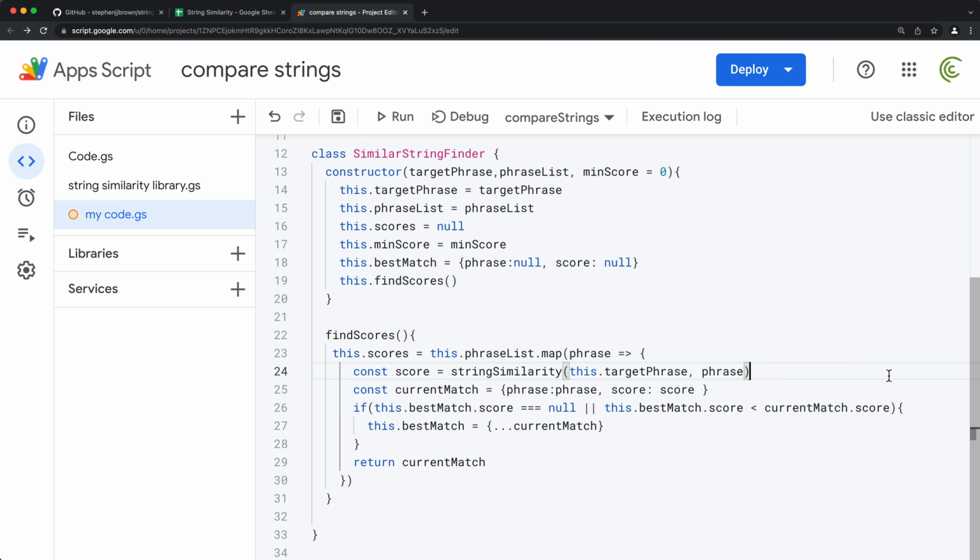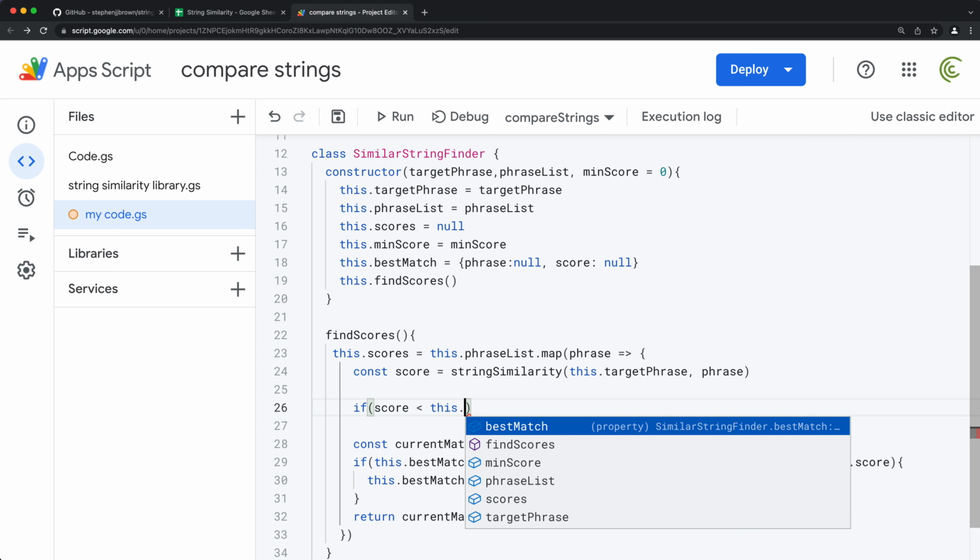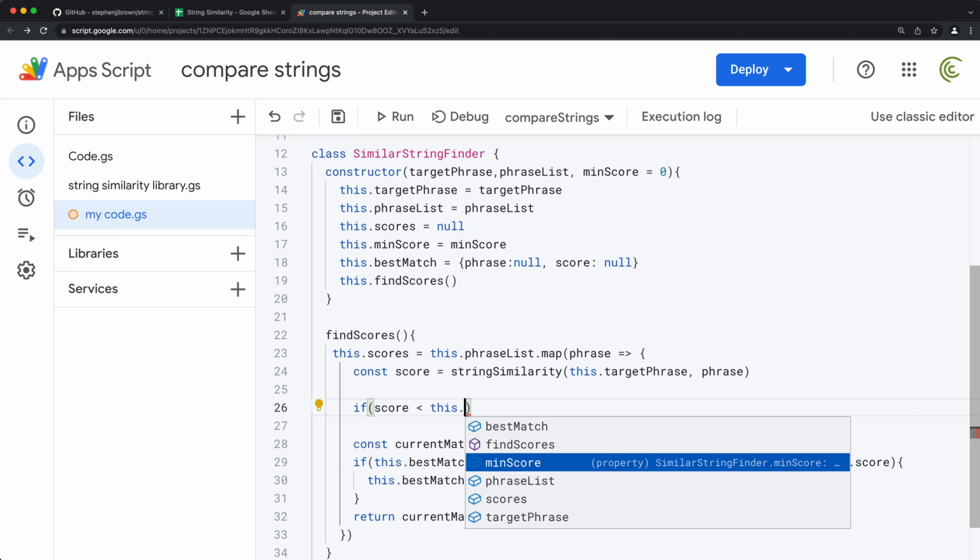Like so. Then we want to check if that score is above whatever that minimum score is. So I'm going to say if our score is less than this min score,